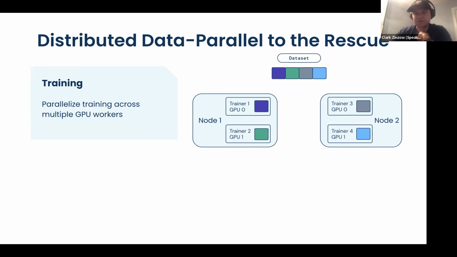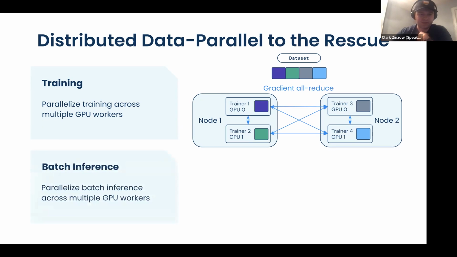Then you do your typical training step, doing the forward pass and backward pass. But then you also have this gradient sync, where you have to average the gradients together at the end of the training step in order for all of your workers to stay in sync and have the same view of the updated model weights. This is a pretty complex operation, where you have to do this average across all these nodes. The common way this is done in a distributed system is using the all-reduce algorithm, which is an all-to-all communication.